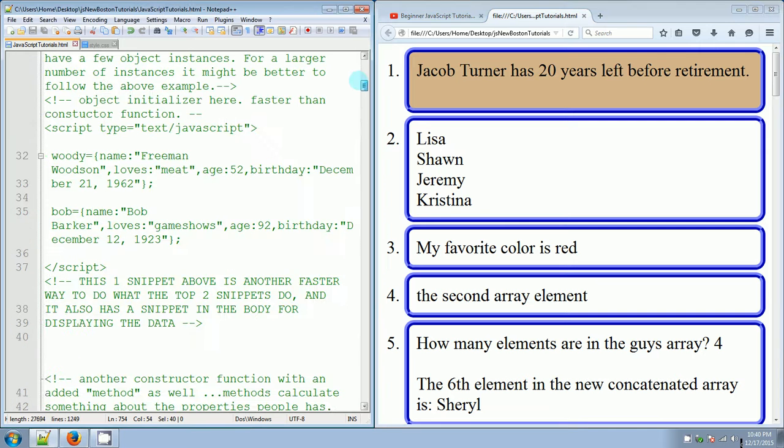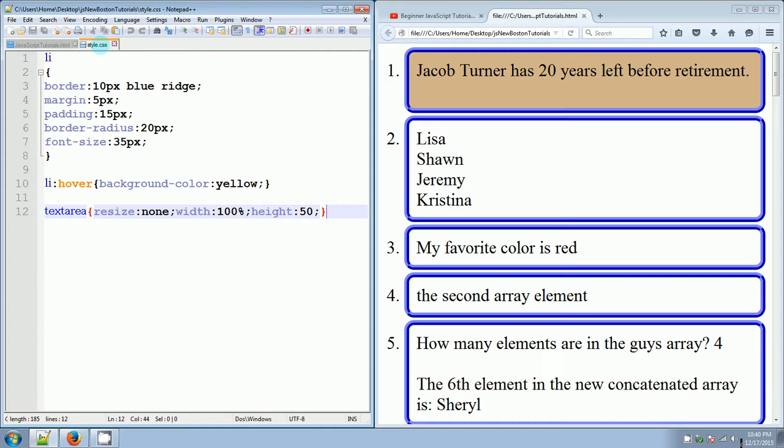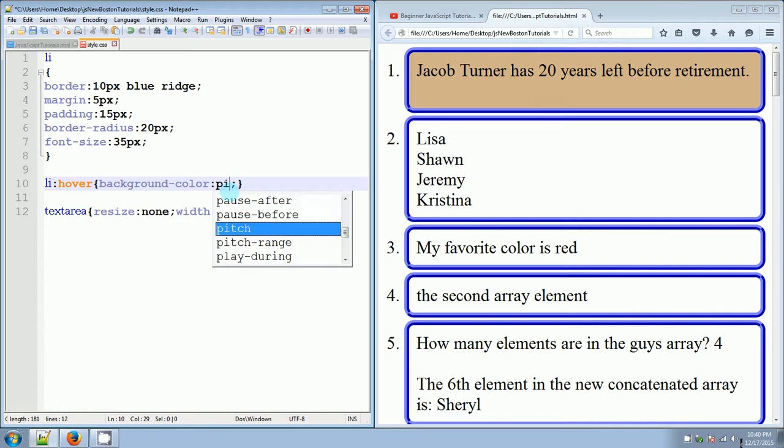And I created an external style sheet so that I wouldn't have to have it in the HTML file. And this link right here is what links it. This is the style sheet itself. And the li:hover is what gives me this background color of yellow when I hover over each of my list items. If I were to change that background color to pink, if I can type,